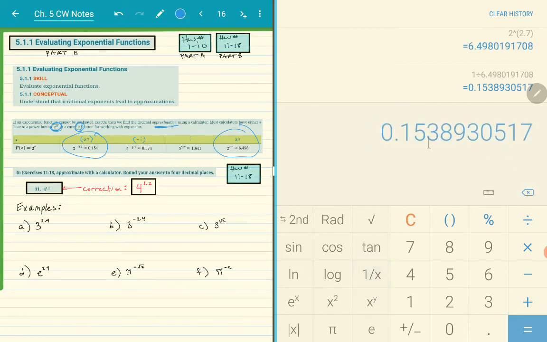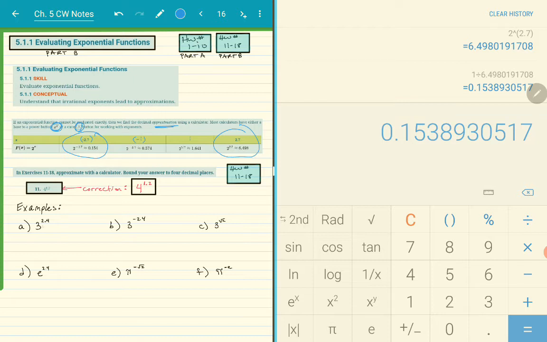Then I get the same answer that I got if I had used a negative in the exponent. So notice that a negative exponent is just finding the reciprocal. All right, so that's a little fun fact. Now let's look at our examples for homework exercises 11 through 18, where we have to approximate